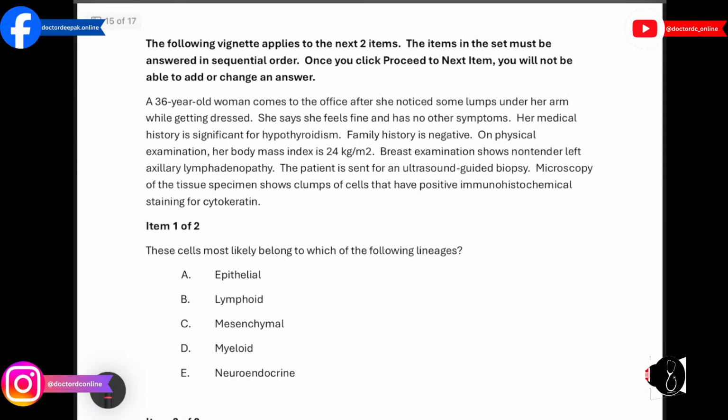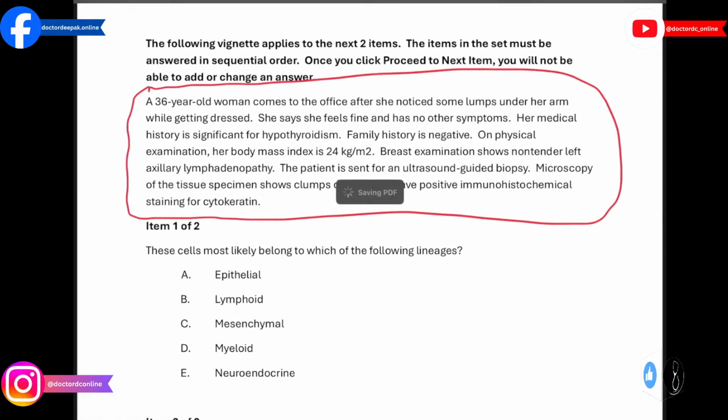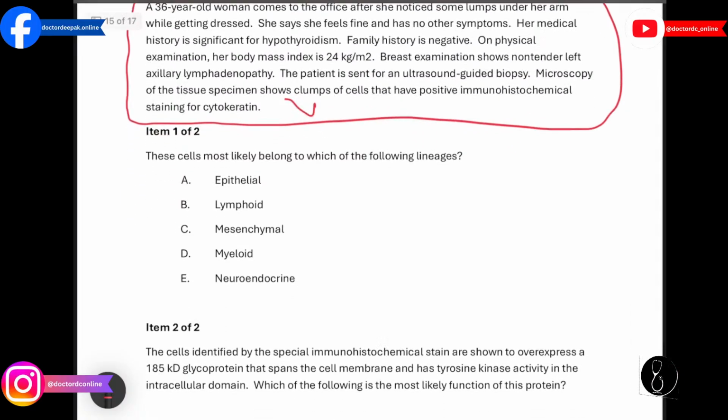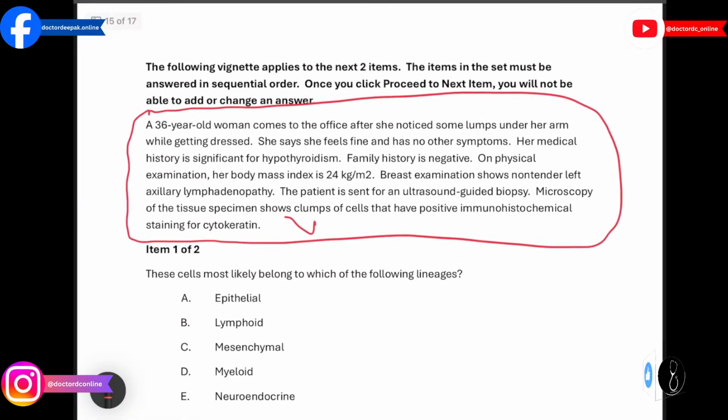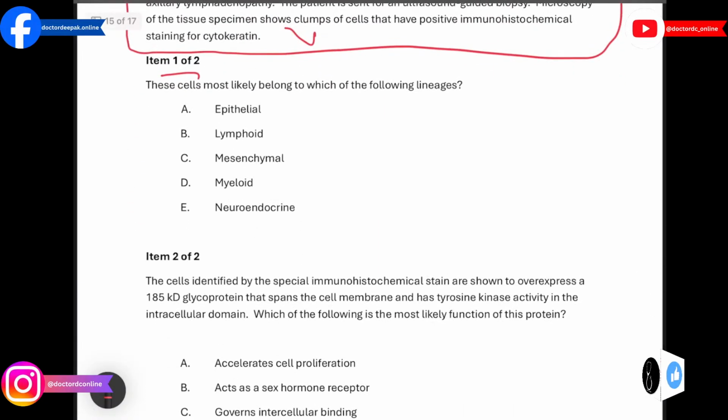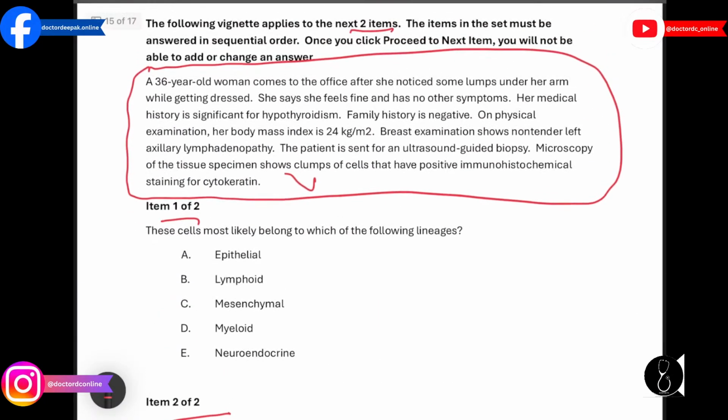This is one question. This type of question mostly comes in your exam, where there's one single statement and in this statement they are asking two questions, okay? You have to carefully read this statement because whenever you are done with one question, you can't come back. Don't waste your time, because in this one statement two questions will be there. They will write, the following question applies to the next two items, item number 1 and item number 2. And so we have to